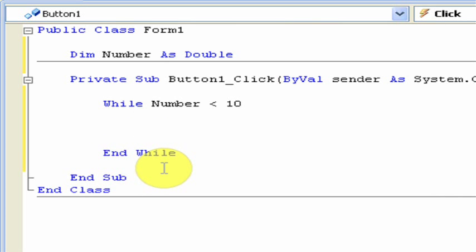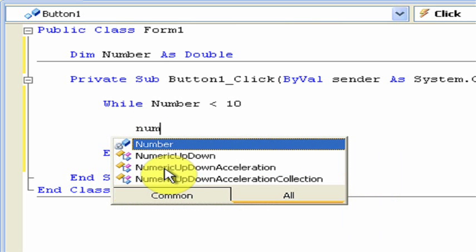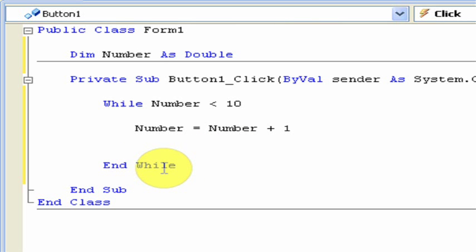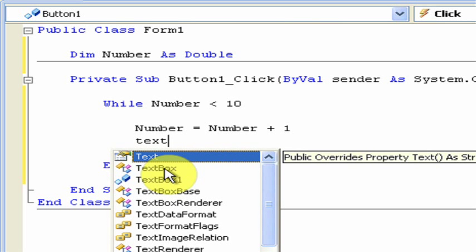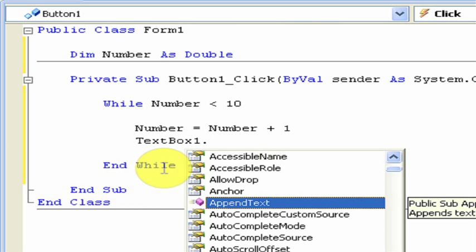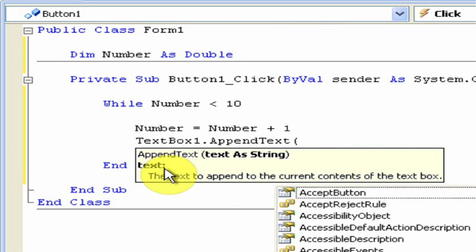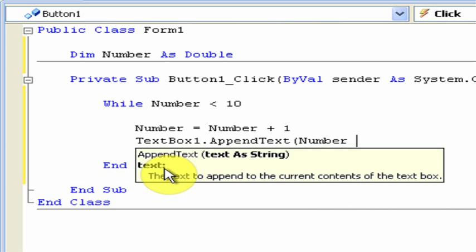In this case, we will be typing number is equal to number plus 1, and right under that, text box 1 dot append text, and then in parentheses, number